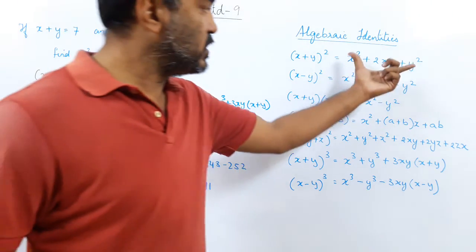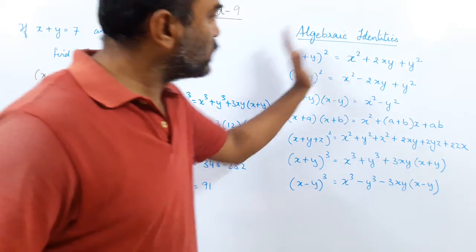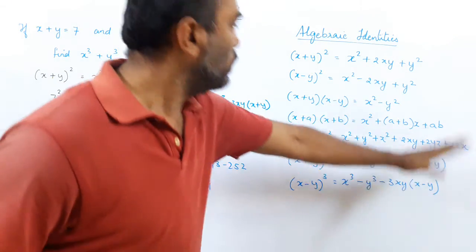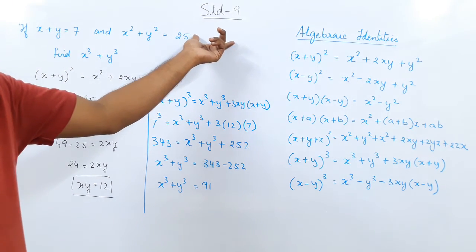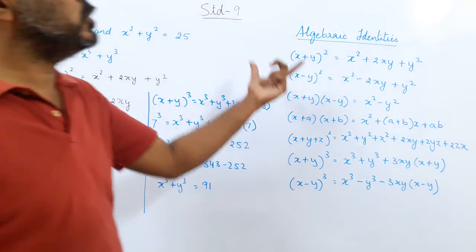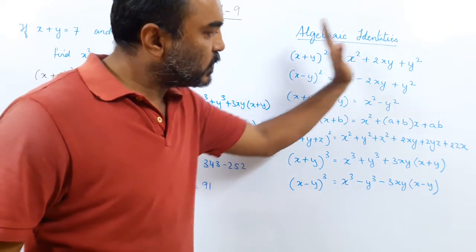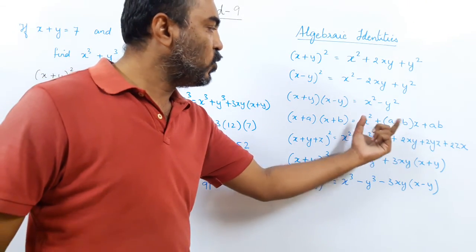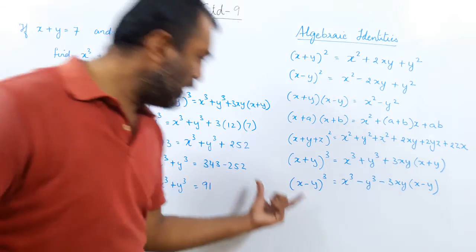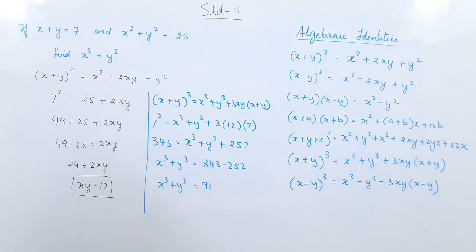Why? If you know this expansion, this is the expanded side. If you know the expanded side, you can always do the factorization. This chapter deals with factorization of polynomials, right? Expansion you had done last year. But if you know the expansion well, then you can do the factorization well. So when we have polynomials, we arrange them into the proper form and get the factors. So that is what we are basically doing in this chapter.